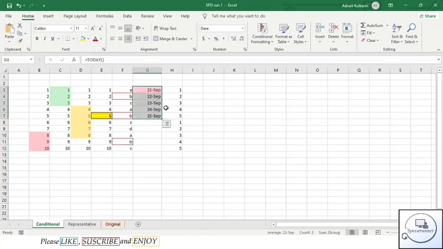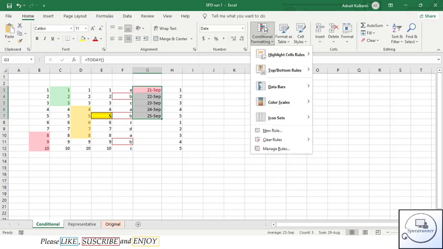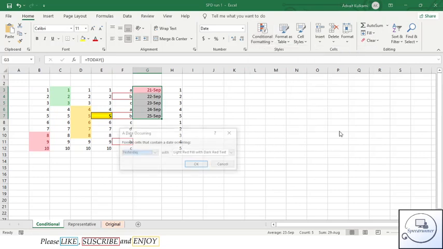Let us see now how to deal with dates. Here we have selected the dates. Then we select conditional formatting, a date occurring. Let's see a date occurring today.